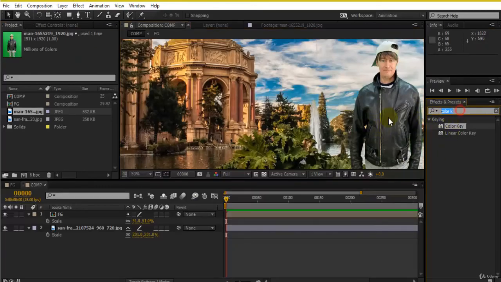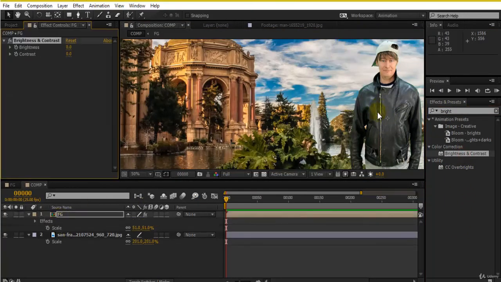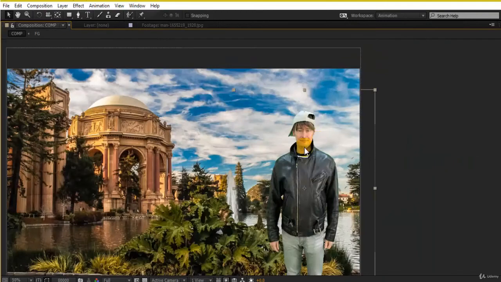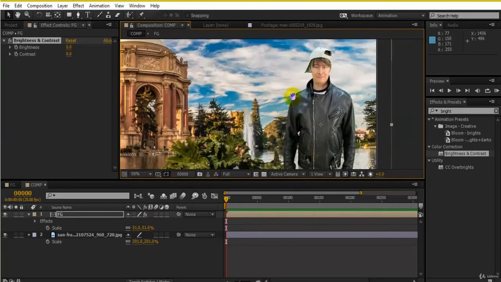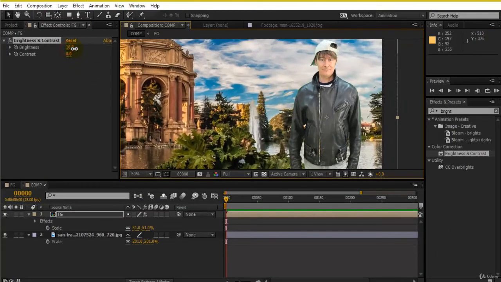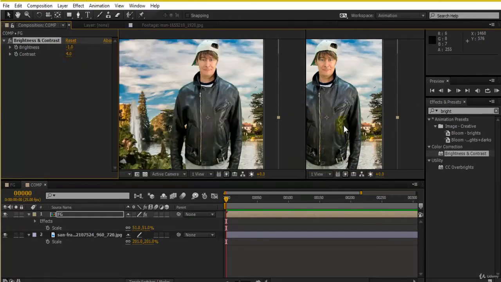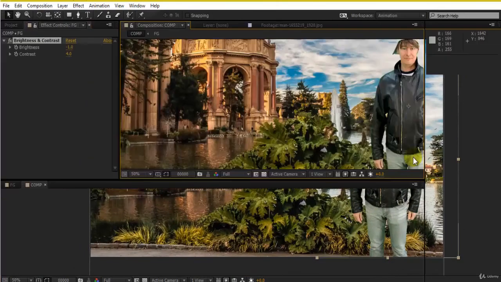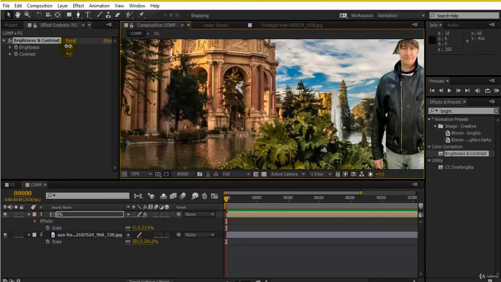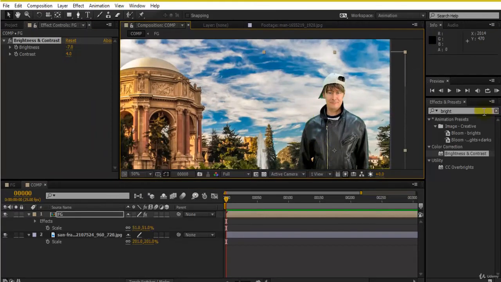Also, I would like to composite this character slightly by brightness and contrast over here. I would like to match this according to my background slightly. Something like this. It is actually having a yellow kind of tone here.